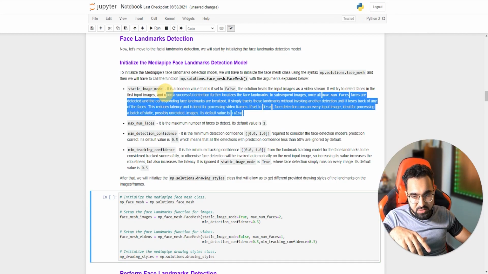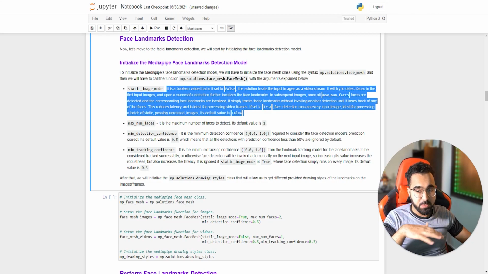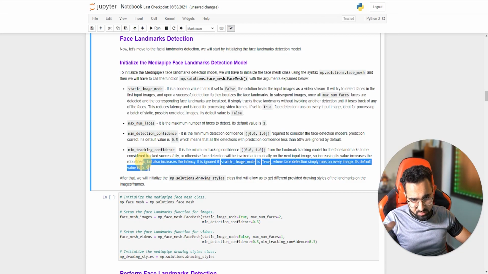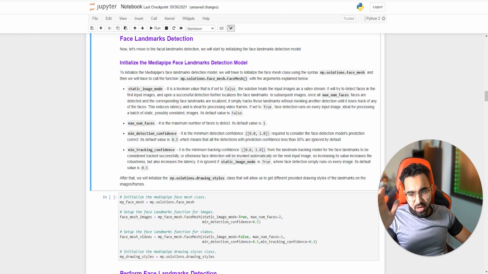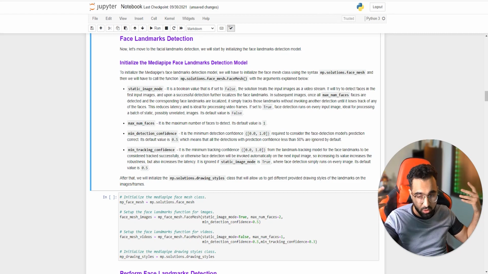And the intuition behind all of this is explained here. I've also repeatedly explained this intuition in multiple MediaPipe tutorials, because the API workflow is the same throughout different models, and you'll see the same variables repeated again and again. But just for the sake of this tutorial, I'm going to describe these things again. So for max number of faces, you define how many faces you want to detect. This will help you exclude false positives. So if there's only going to be a single face present in the video, and that's going to be you, if you're just working on your face, then just set it to 1. And then this is the minimum detection confidence. It's between 0 and 1, and normally by default it's set to 50%.